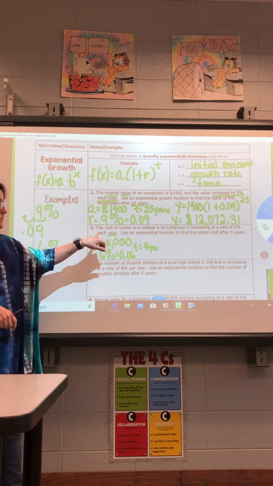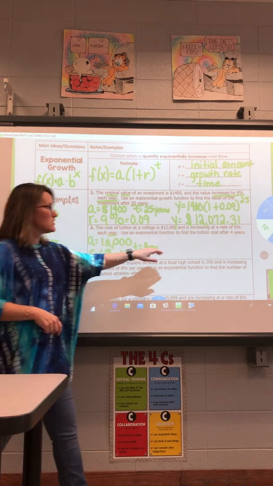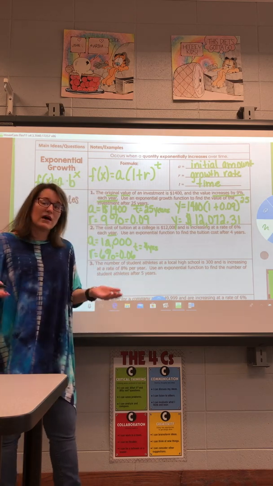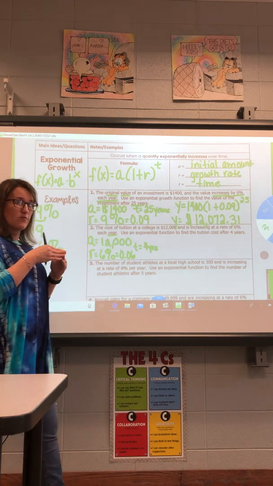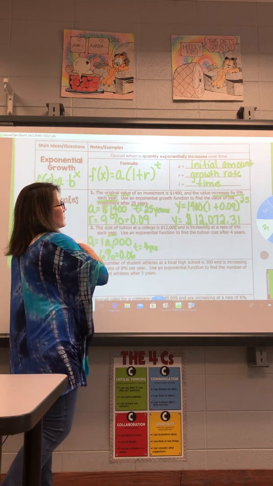Since my rate, 6%, is in years, and my time is in years, I'm in great shape. So I'm ready to plug into the formula. So looking at the formula for exponential growth,